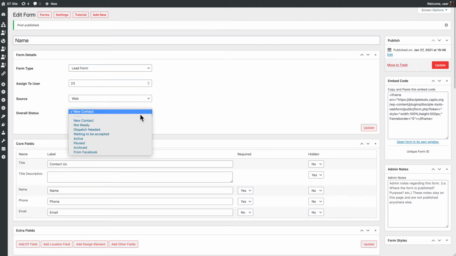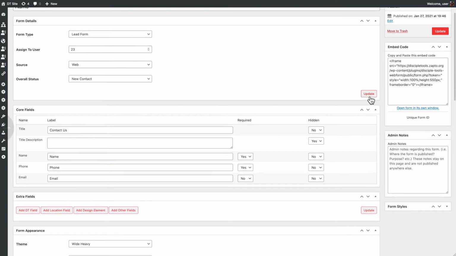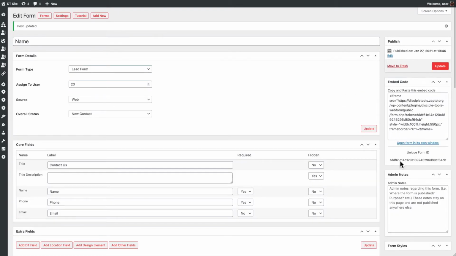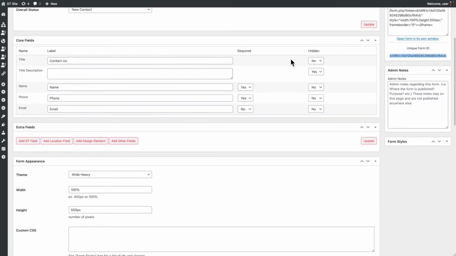And then you can change the overall status that you want this to come in from. So you'd update that. That change generates your unique URL, this unique ID for this form. Then I would come through and make my decisions on, is this a top hidden? Is it going to say contact us? Or I don't want it to be hidden. I do want the email to be required, and so I can again update